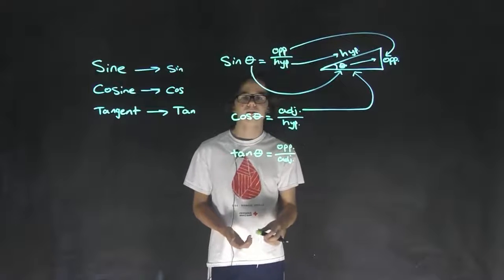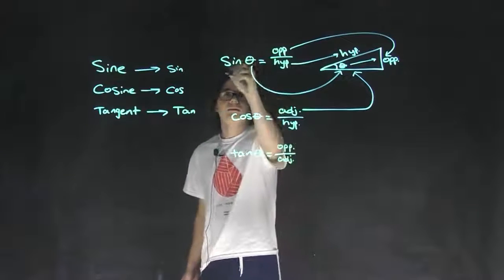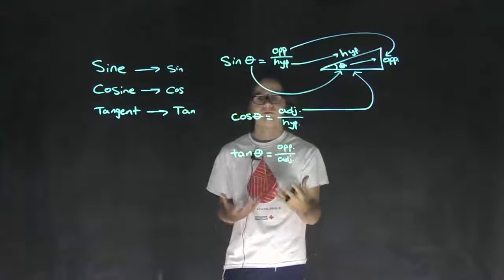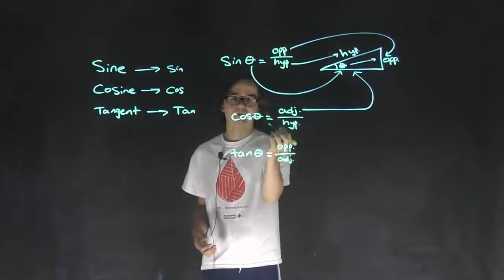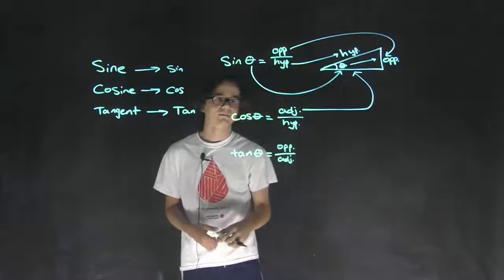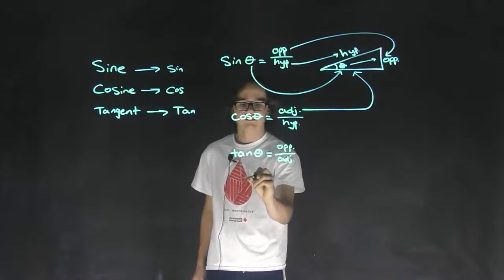Now, because sine, cosine, and tangent are trigonometric functions, it's not these names times the angle. These are functions of the angle. So if we wanted to get the angle by itself, we couldn't just divide by sine, cosine, and tangent. We have to take their inverse functions. So if we wanted the angle by itself,